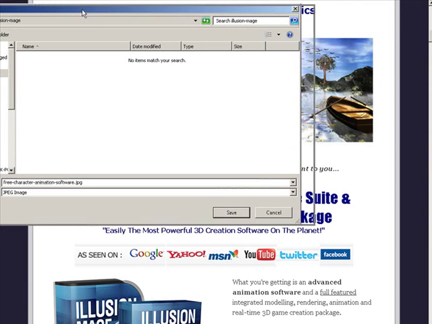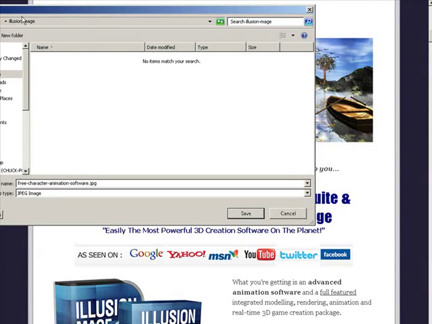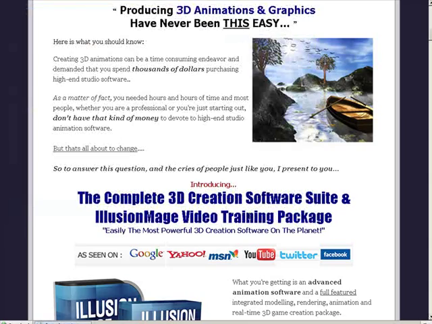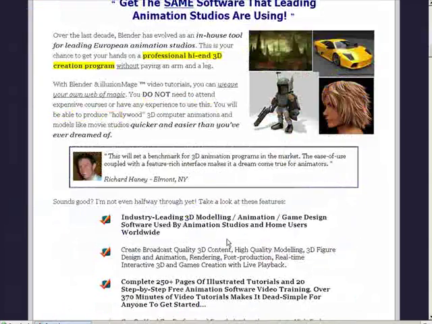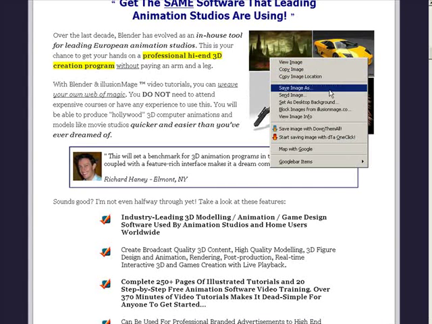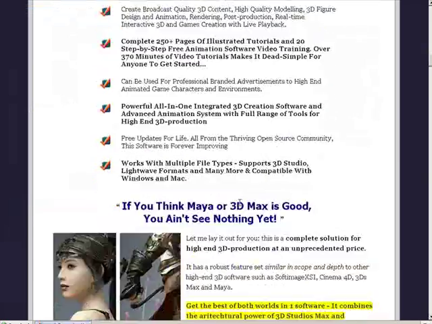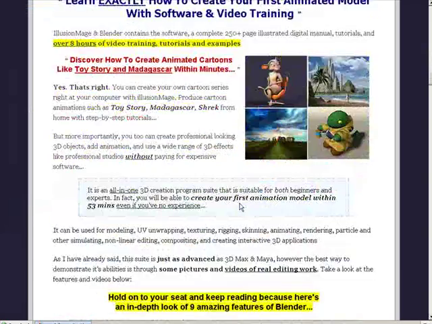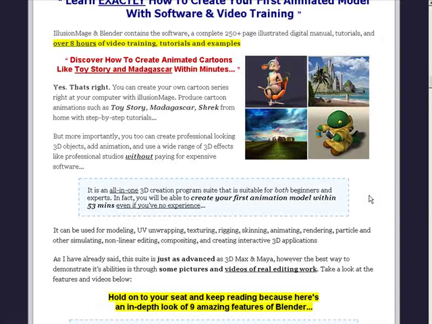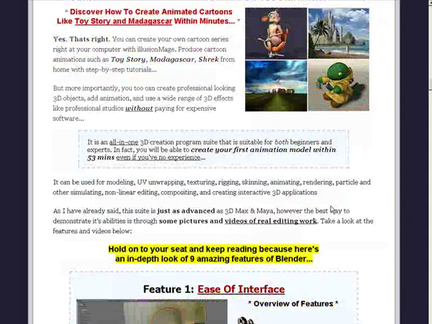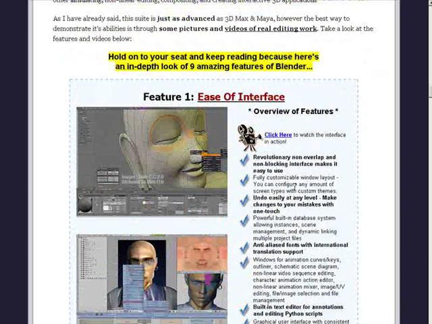I created a folder called Illusion Moj, and I'm going to just download my images into here, the ones I want to use. Now you don't have to download them all at once. You can download some that you're sure you're going to use now, and if you want, you can come back and download more, or you can create your own images or find them somewhere else on the internet where you're